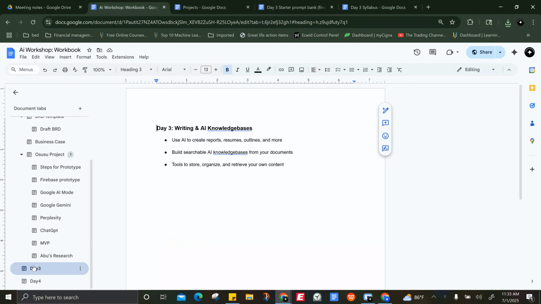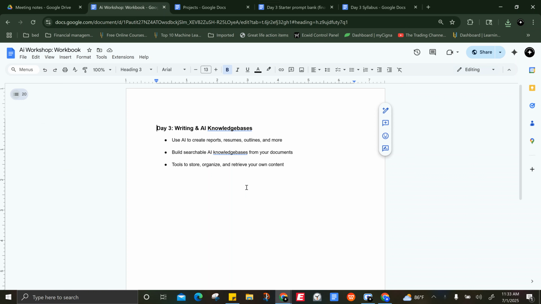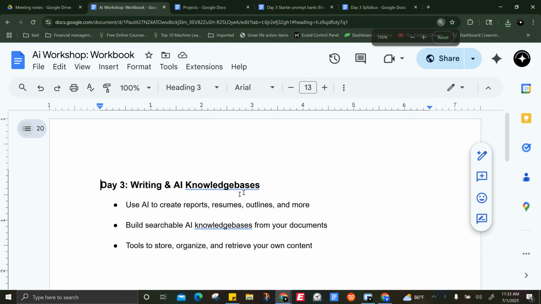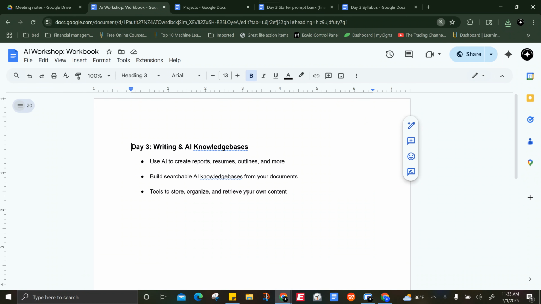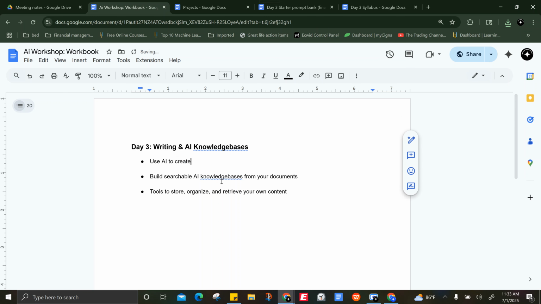So today, with day three, what we're going to do is research and pick a project to work on. These will be quicker tools that we can create. But the focus is to create what we call AI knowledge bases. These are basically like a database that you can create. A knowledge base has information that you can search, but with AI enabled. So we're not going to create reports, but we are going to create